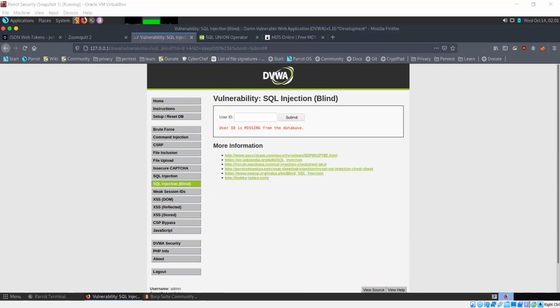Now that we know that we have a delayed response and we can use time-based SQL injection here, we can use this in our queries and try to figure out more information.